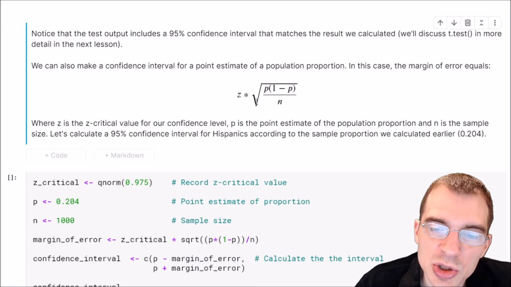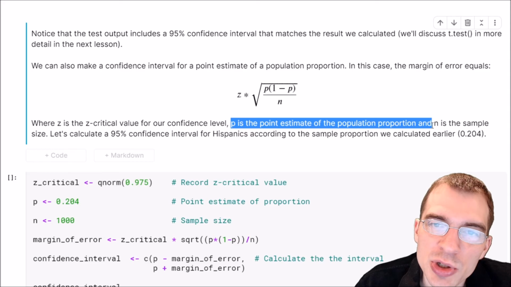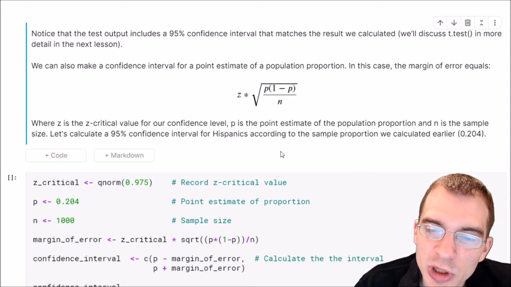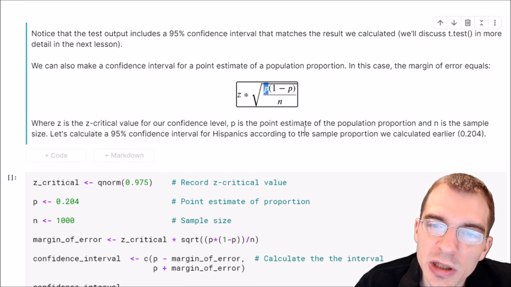It's going to be the square root of p times 1 minus p over n. N, again, is the sample size, but p is your point estimate of the population proportion that you're dealing with. So for instance, if your point estimate was 40%, you just plug in 0.4 for p here, and then you'd